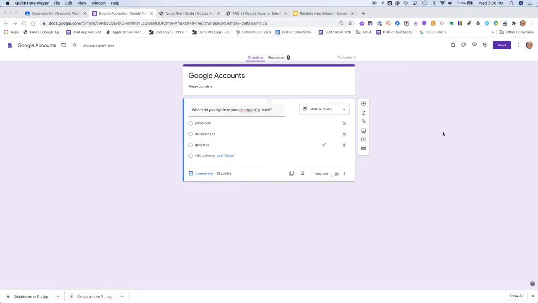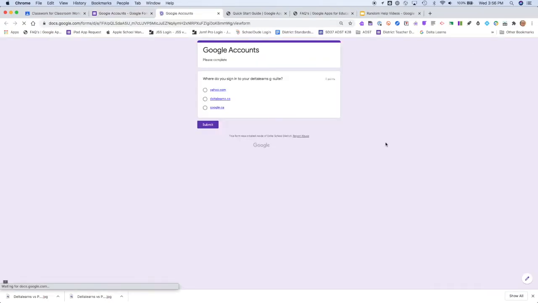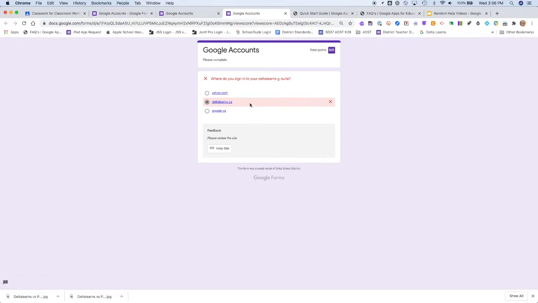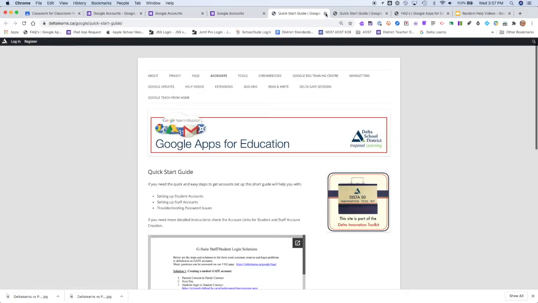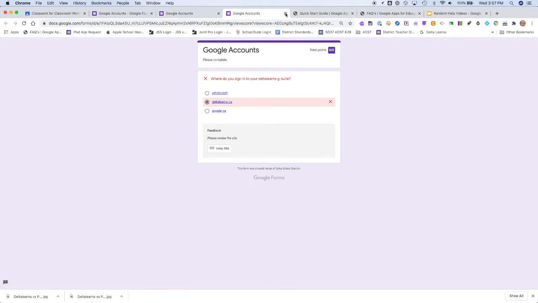Okay, now that we've begun the form and added our first question, let's take a look at what the student's experience might be like. So here's the preview. In this case, the student's going to say, I think it's here. So they're going to submit it. They're going to view their score, and they're going to see, oh my goodness, I got it wrong. But here's some feedback. Please review this site. So we'll click on the site, review the information. Once they've done that, they can close that. And close this one,